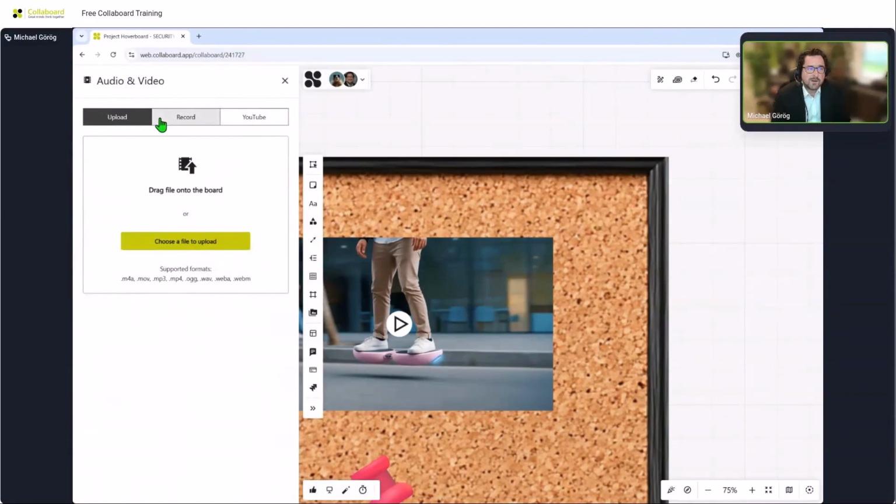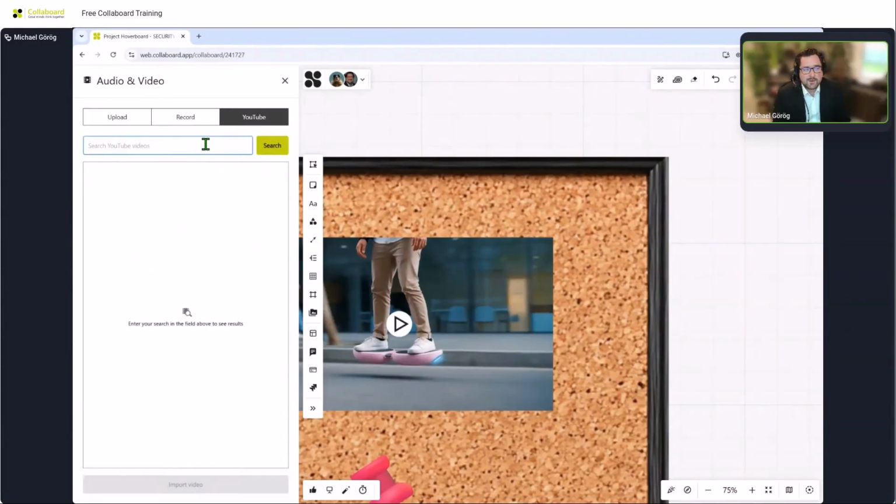You can upload, or you can also directly record a video and add it to Collaboard. And there is also the option to add a YouTube video. So let's think about,